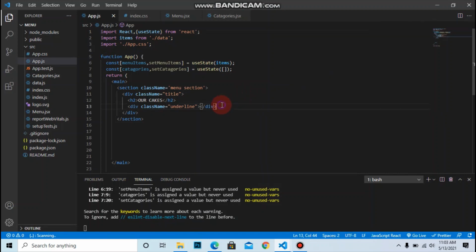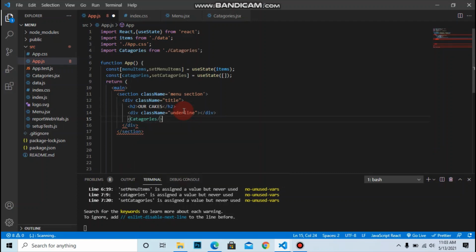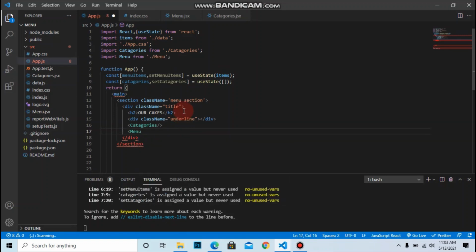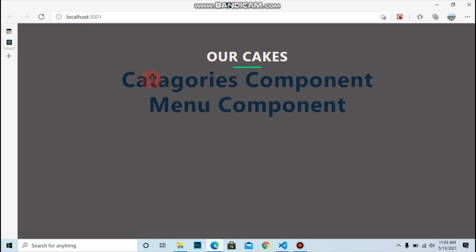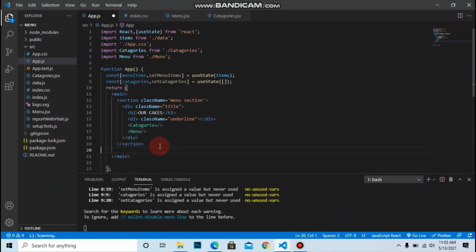After the div tag, in the menu section, let's add first of all categories and the menu item. Let's go to the browser and see there are the two components, categories and the menu component. Let's save it.